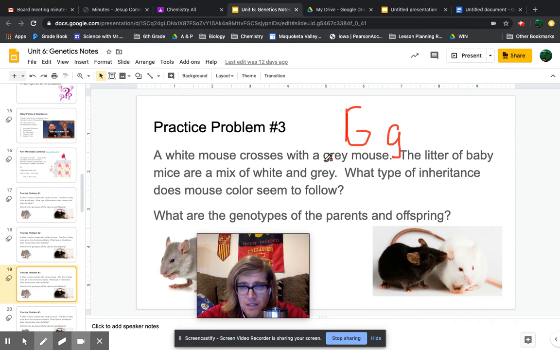If the gray were dominant, then dad would have to be heterozygous. Because if he were homozygous dominant, all his offspring would be what color? I'm thinking if he was homozygous and mama was homozygous, they would all have been gray. But since they all weren't gray, since we had both,